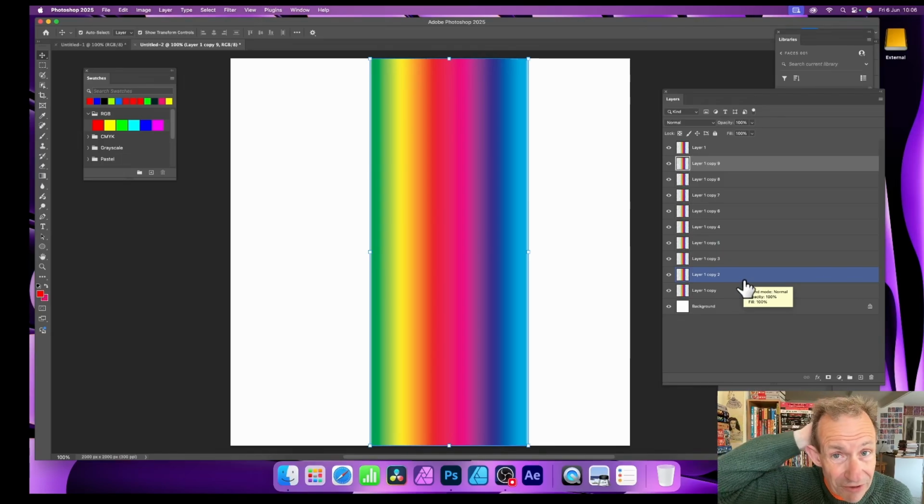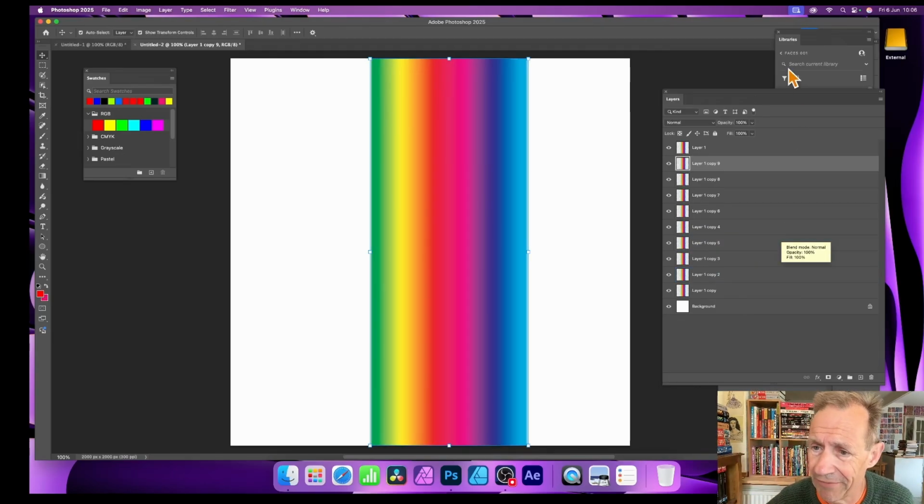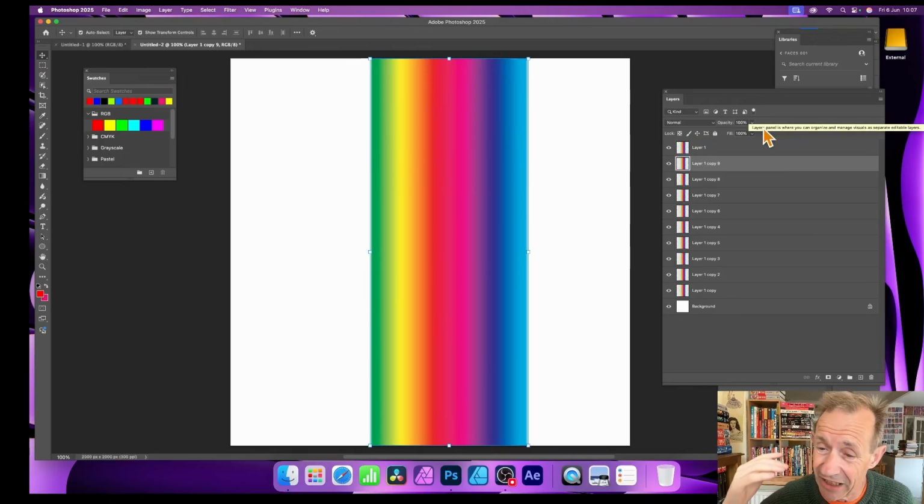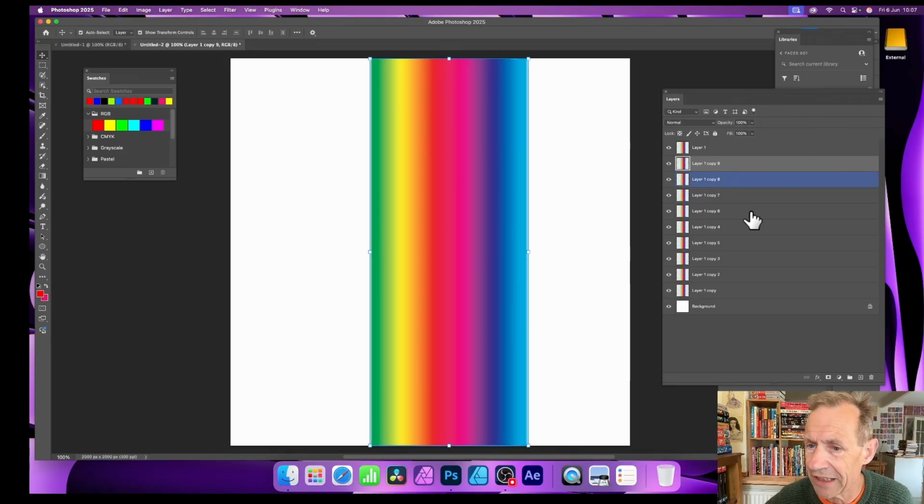Now in Affinity Photo, you can do it really easily by using the Move tool, where you can just duplicate it using a panel that pops up. I would love to see that feature in Photoshop. It's not there, unfortunately. I'm not certain why. It would be such a creative feature. And I love anything that adds additional creative features. Features that don't include AI would be a classic case.